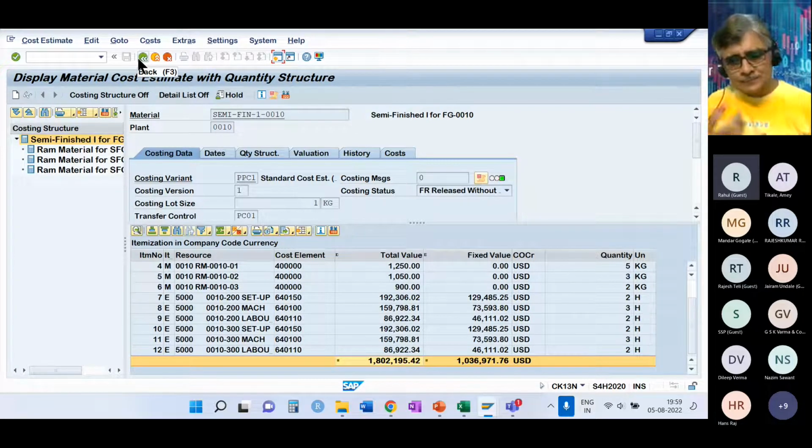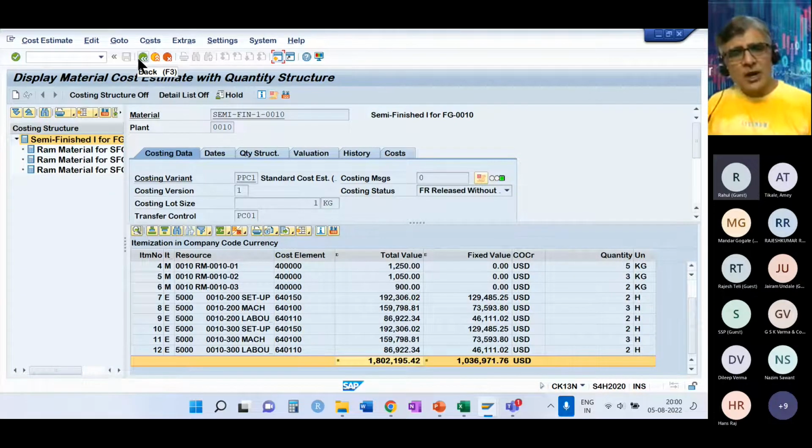Now, standard price has two important functions within SAP. The first function is that it is used to calculate the cost of finished goods when it is produced. So when it is produced, at that time, it will be evaluated at the standard cost at that point in time. The second is in the dispatch. So when you dispatch finished goods to your customer, at that time, the cost of goods gets debited and credit goes to the inventory account. So this debit and credit happens at the standard cost. So these are the two important functions within SAP for standard costing.